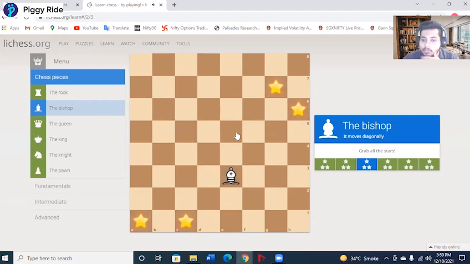Then again you have an option. Would you go down or up? Well, you have to go both ways, but which one would you go for first? The answer again would be to go down first. Why? Because then when we go back up to capture the star at h6, the other two stars would be just two moves away.